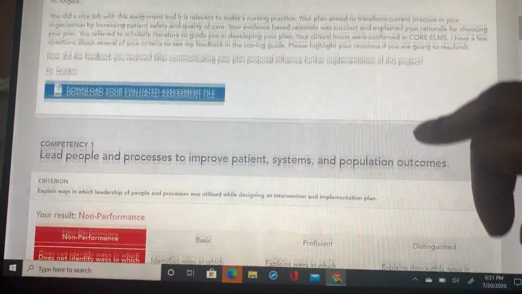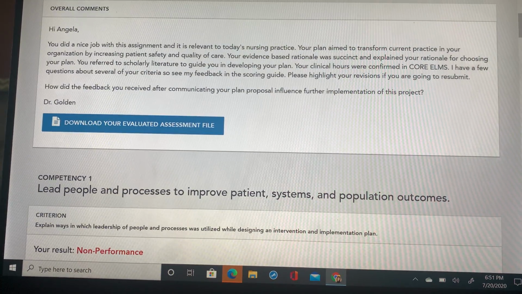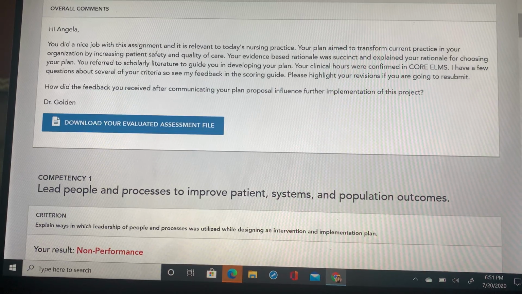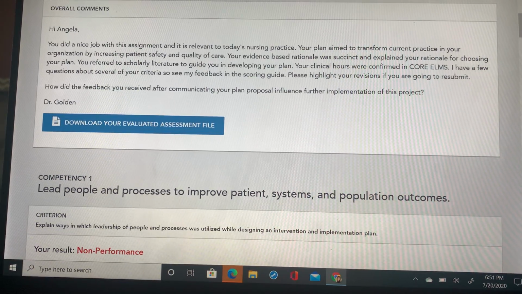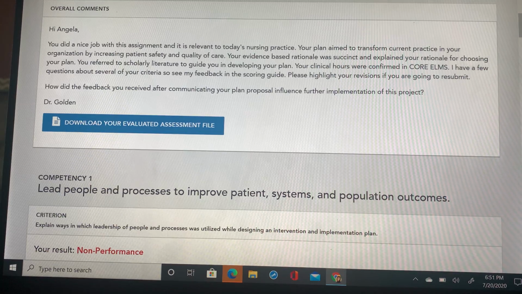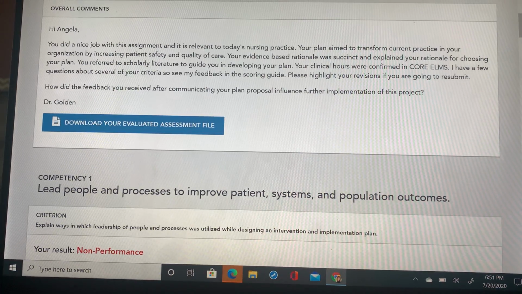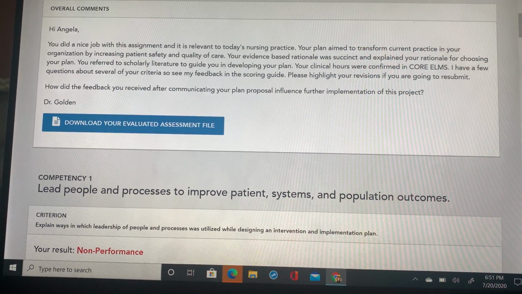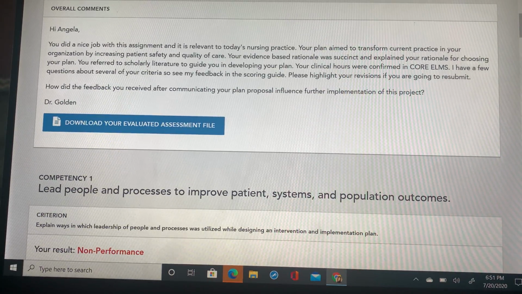So when I told you they give you all the feedback you need, they try to encourage you also. So Angela, hi Angela, you did a nice job with this assignment and it is relevant to today's nursing practice. Your plan aimed to transform current practice in your organization by increasing patient safety and quality of care. Your evidence-based rationale was succinct. I meant to go on YouTube to pronounce this word. Succinct. I don't know, but anyway,